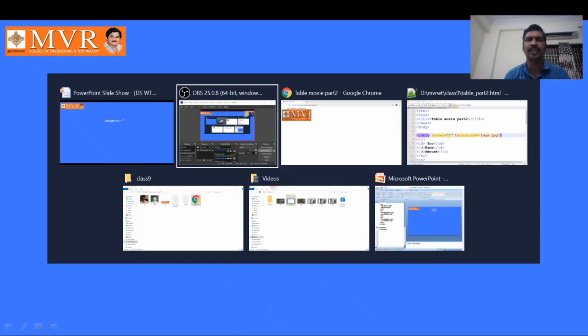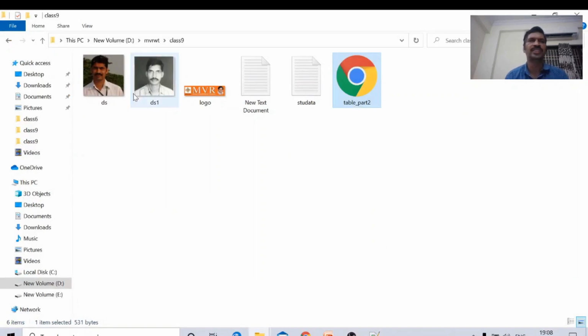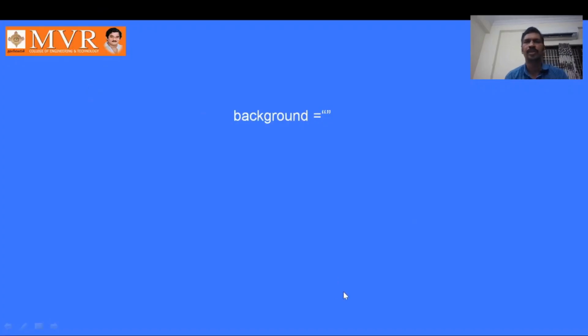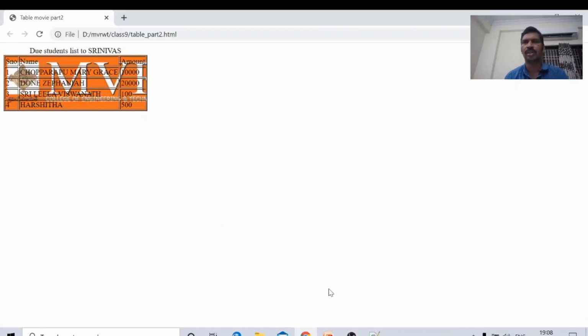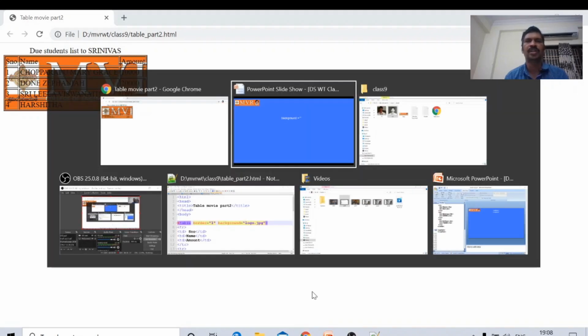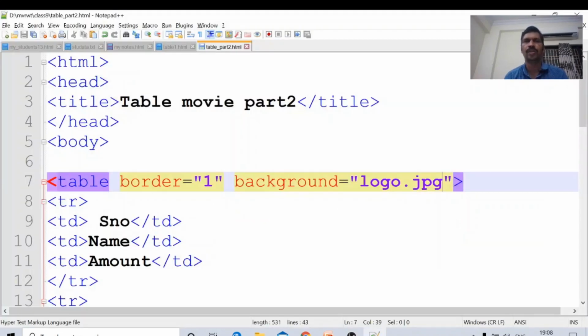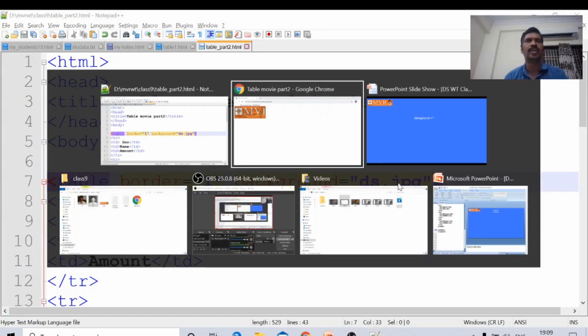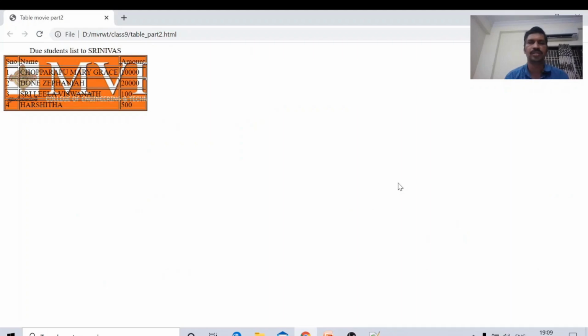Okay, we will see another background. What other images are available in this folder? ds.jpg is available. Suppose I give ds.jpg here instead of logo.jpg. Background is ds.jpg. Control S, Alt Tab, open this in the browser.